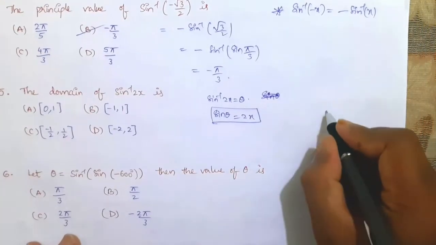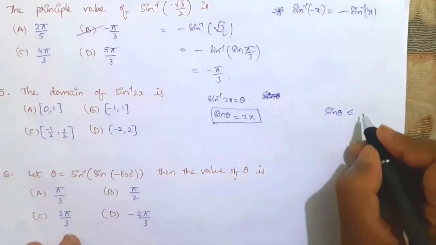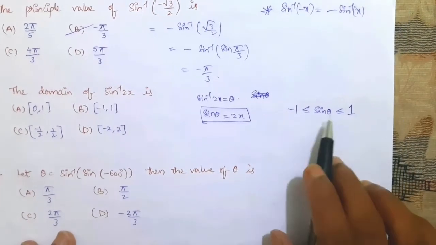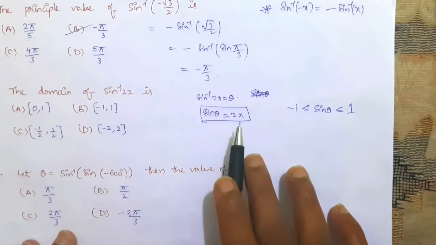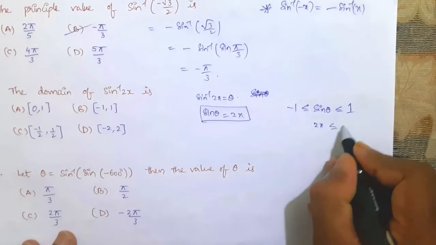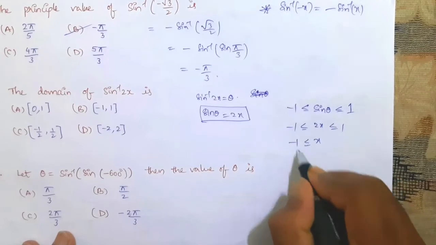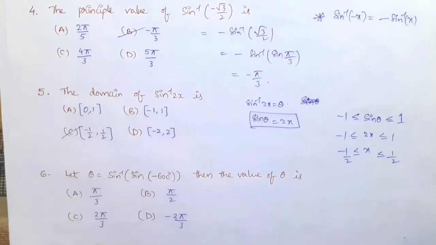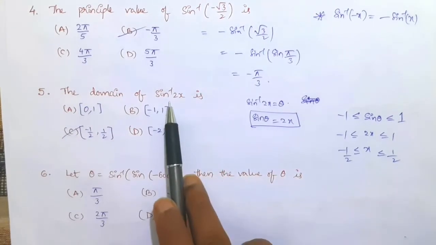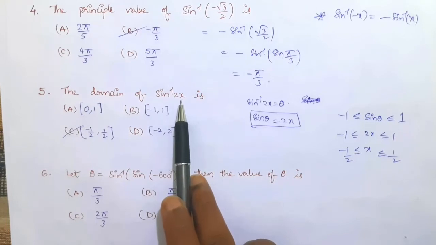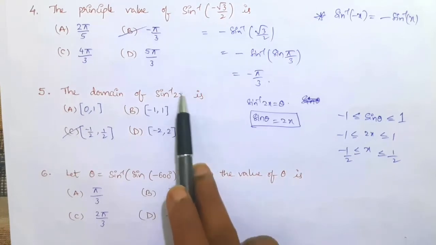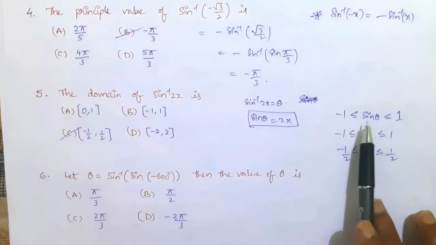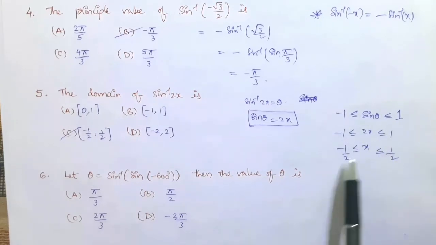But we know that sin theta range is minus 1 to 1, right? So from this sin theta we can find this. Sin theta means 2x. Substitute 2x here. It will become x is greater than or equal to minus 1 by 2, less than or equal to 1 by 2. So option C. Same like this, if they give sin inverse 2x, 3x, 4x, 5x or 1 by x, 2x by 3, whatever it may be, convert into this. After that use this range of sin theta, which is minus 1 to 1. So you will get that x value, right?